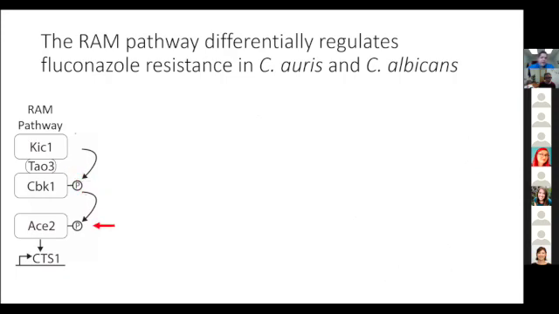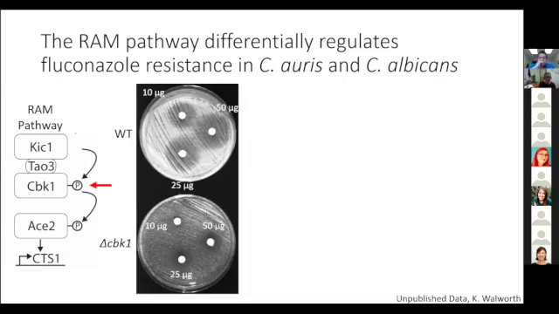We know that this is independent of the transcription factor downstream, ACE2, because we don't see that same phenotype in the ACE2 mutant. We also know that this is independent of simply the aggregating morphology, because the ACE2 mutant, again, shows the same aggregating morphology as the Tau3 mutant. So the real question is, is this an external function of Tau3 to the RAM pathway, or is this a function of the terminal kinase in that pathway, CBK1? That's external to ACE2. So I posed this question to Kelsey Walworth, who's an undergraduate working with me in the